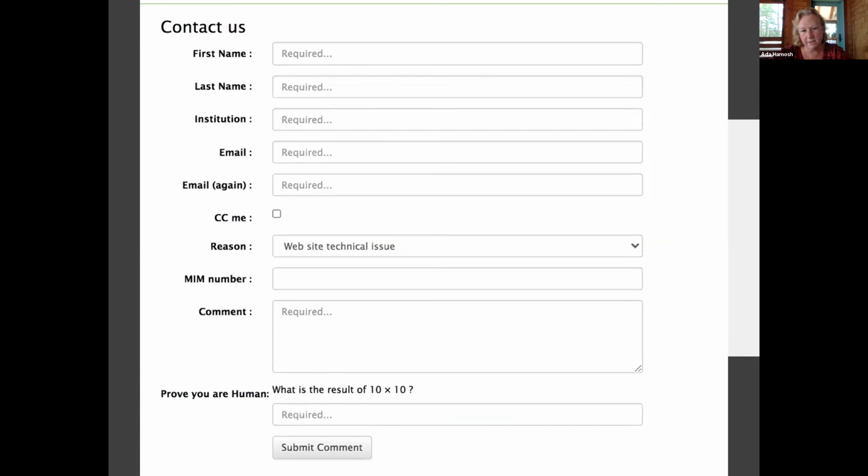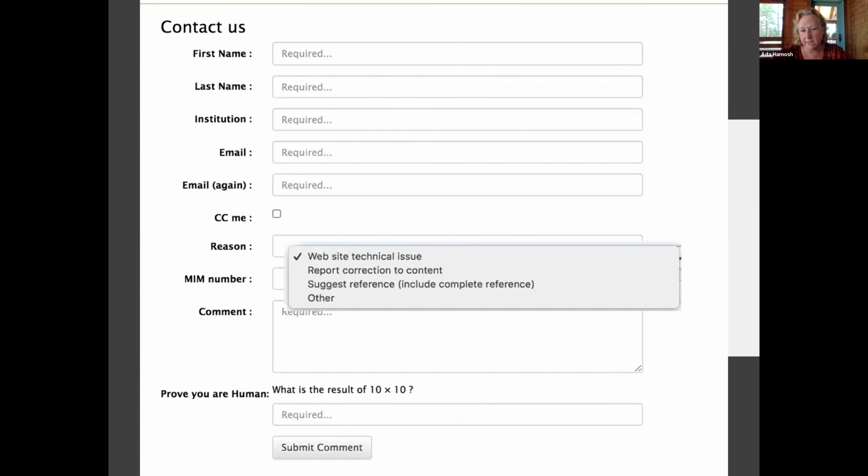You can report a website technical issue, report a correction to content, suggest a reference, or something else. We won't necessarily answer you, but we will see what you've said and we will address it, meaning we'll either change or fix something, or say that's interesting but it doesn't have to be in OMIM. We don't have time to answer everyone.